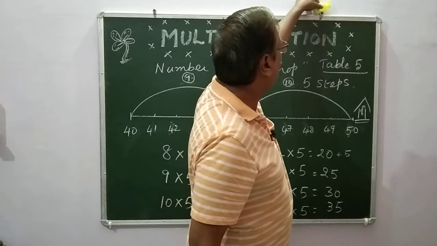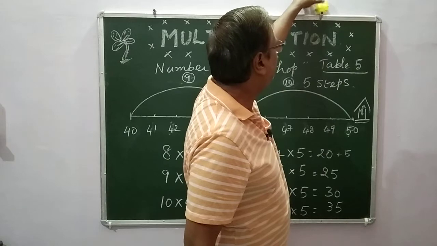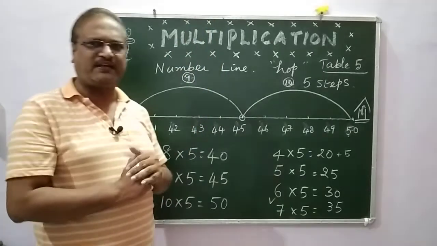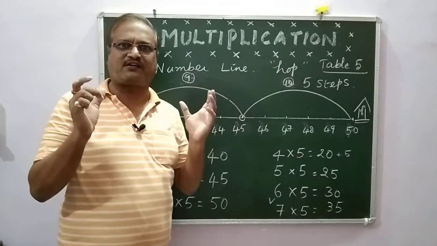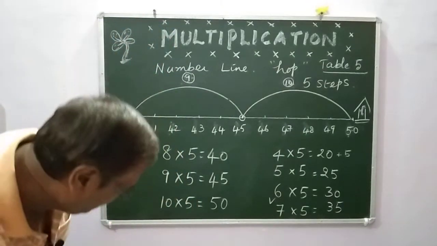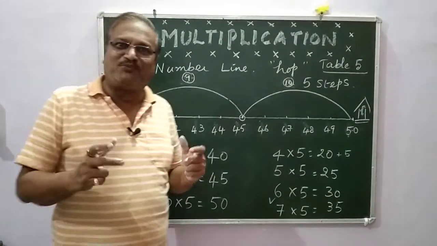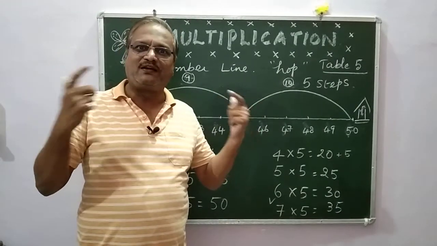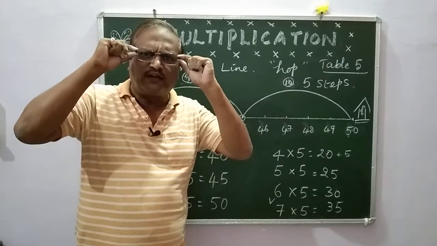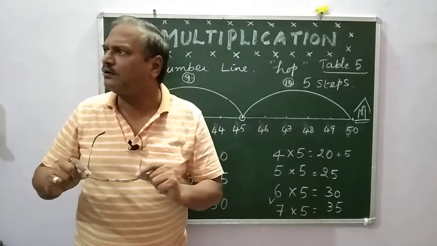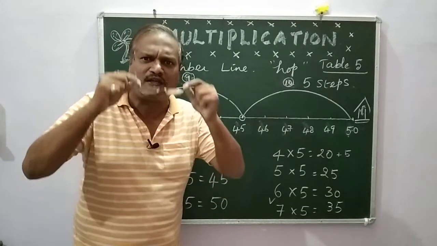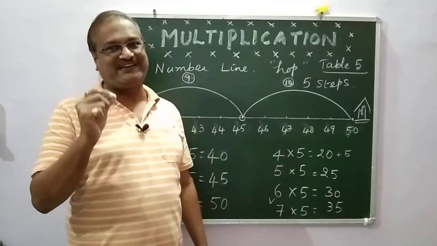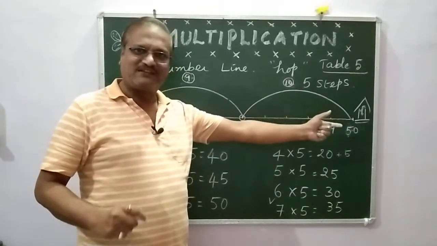I'll try to keep it here. Bunny, will you stay here? Yes, bunny is staying there. Let the bunny be there and we will do our calculation. And then I will go and give bunny some carrot. Nice carrot. Right? And we will do numerical. And you ask your mummy to make carrot juice. Carrot juice is very good. It is vitamin A. And you can see very clear. You see, when I remove the specs, who is here? Who is here? I don't know. I can't see clearly. I have to wear specs. You want to not wear specs? Then eat carrot like bunny. Right? That's good for you.